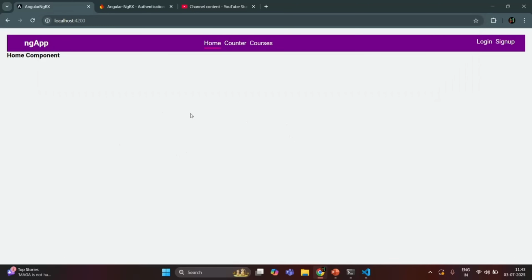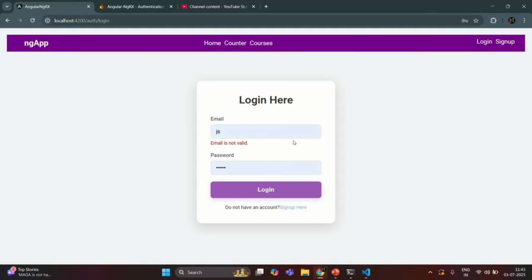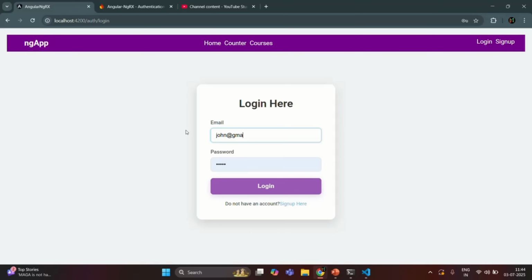Okay, now currently if you see, there is no user logged in. So what I'll do is I'll click on this login link. It will take us to the login page, and here I'll try to log in john@gmail.com, and for John the password is test1234. When I click on this login button, you will notice that we have this error: an unknown error has